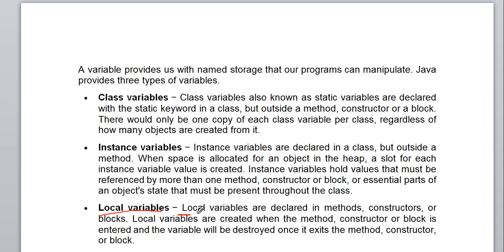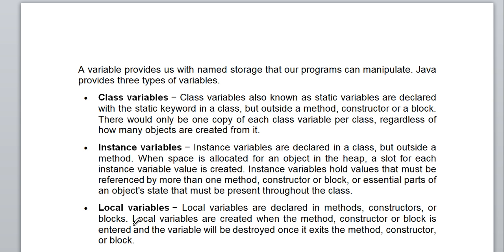Local variables are declared in a method, constructor, or block, means within particular curly brackets. Especially in the case of a method, you can see local variables declared within the method. They can be declared as parameters also, and they can be declared within the method block.